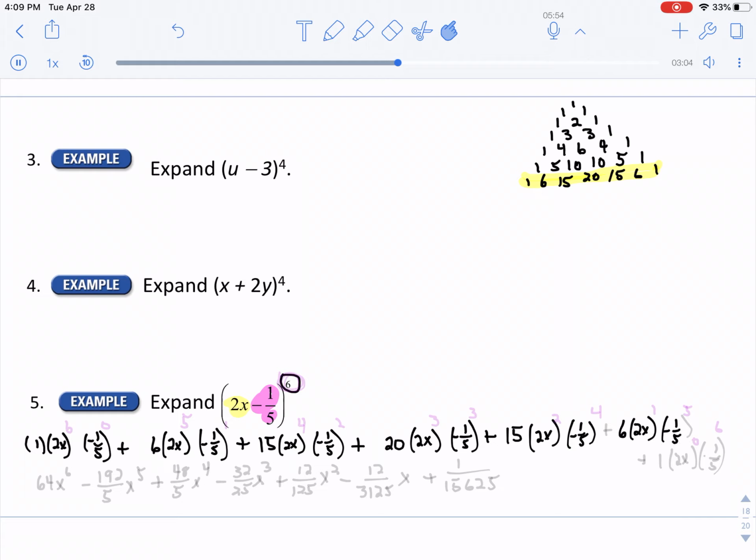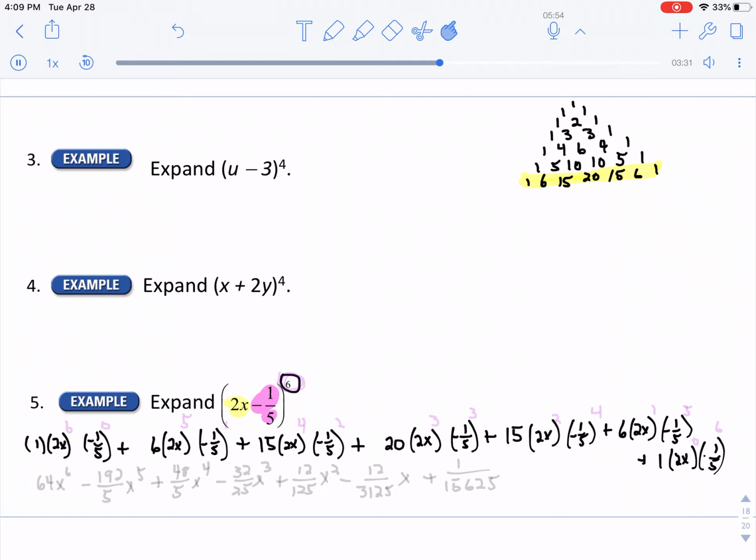And then we pick up the last number on Pascal's triangle, which is plus 1 times 2x times negative 1/5, sorry. All right, so now after I do that, the next thing I'm going to do is go fill in my